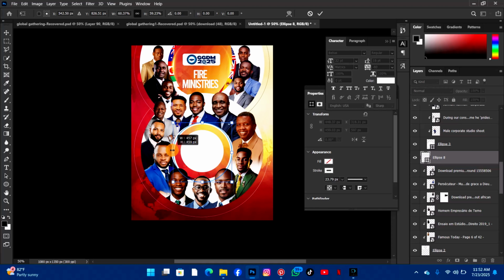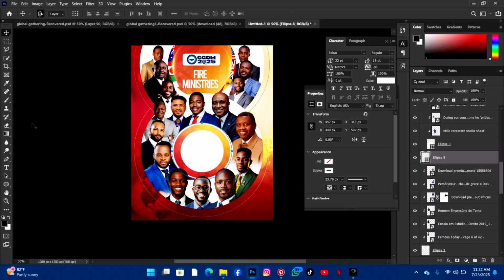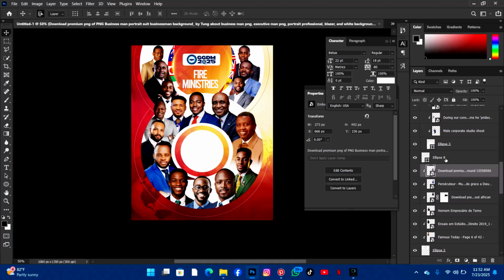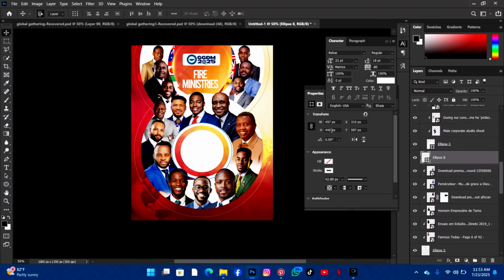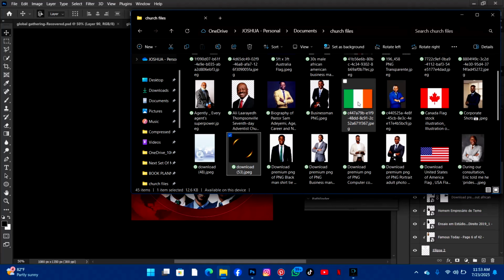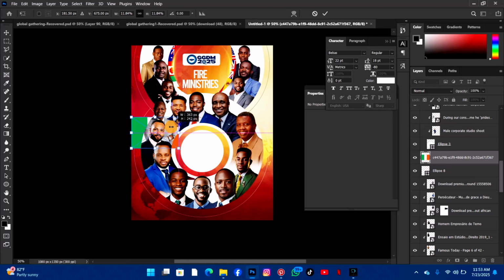And hold your shift to adjust it. And when you've adjusted it, you can increase the stroke a little bit. Okay, so this is okay for our flags. We can add our flags here, so you can just adjust it a bit, and we add our flags. So let's just repeat flags, and